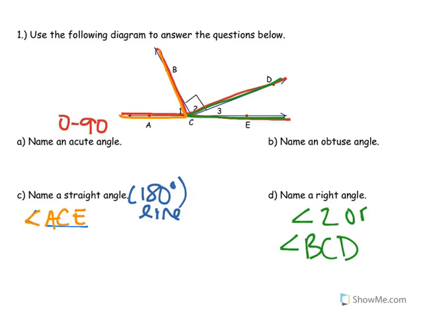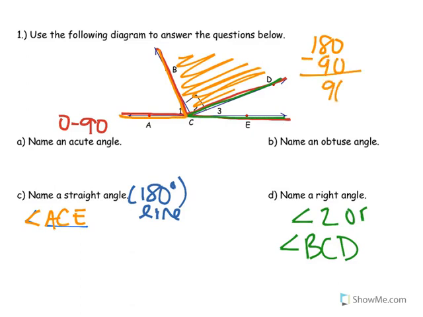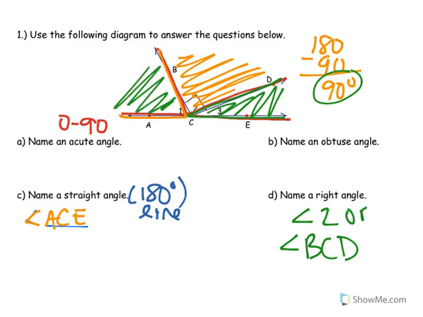And what do those have to add up to is what we're going to try to figure out. So if I know that the straight angle is 180 degrees and this angle here is taking up 90, I'm going to take that away, and I'm going to get 90 degrees. So what I know is that the two angles that I have left over, the green chunks here and here, those need to add up to 90 degrees also. Okay? So now I know for sure that